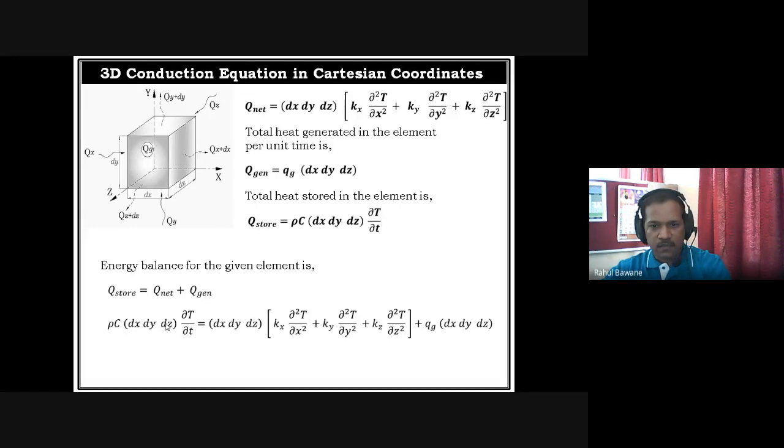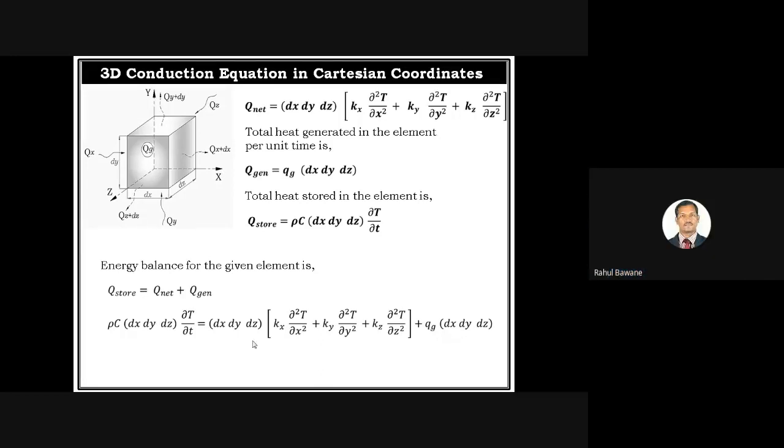So put the formulas derived. Q store, rho C volume del T by del of time, is equal to, again volume, complete bracket, kx del square T upon del x square plus ky del square T upon del y square plus kz del square T upon del z square, plus heat generation, that is Qg, intensity, multiplied by volume. Now the volume terms are on both the sides, so we can cancel it. So we get only this final form,